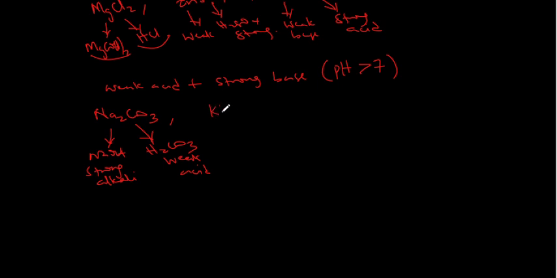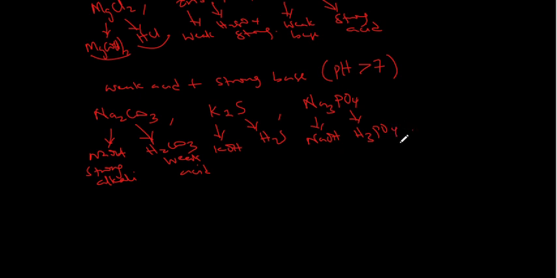Another example can be, let me say, K2S, that's potassium sulfide. Potassium is from a strong base, potassium hydroxide. Sulfide is from a weak acid. So that is another example. You can have sodium phosphate, Na3PO4. This one also, sodium is from sodium hydroxide, a strong base. This PO4 is from H3PO4, which is a weak